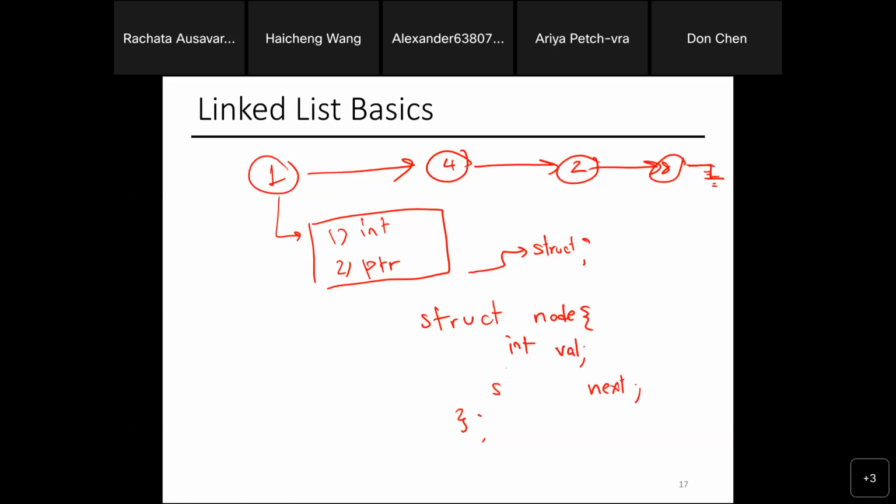So this way, I would declare a struct node pointer, right? In this case, it points to its own type. If you think about it, it points to my own type, because that's what we want. I want to make sure the pointer points to the next node, right? So that's what you have to store.